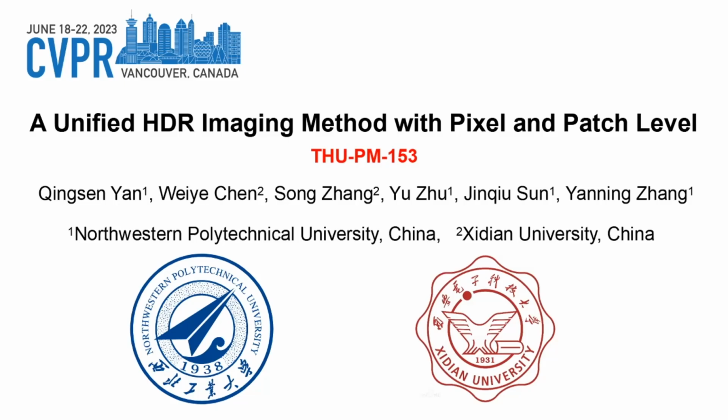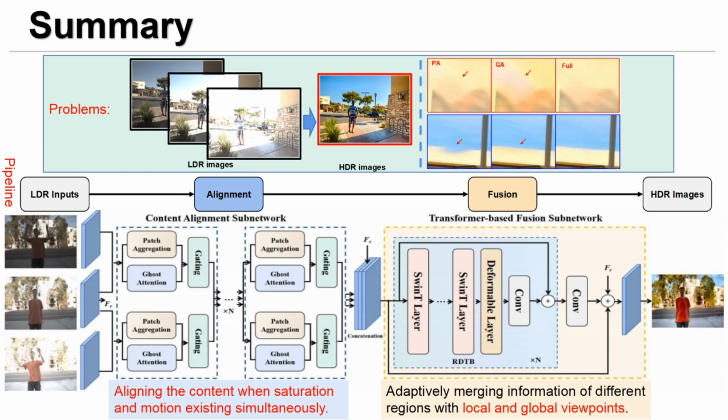Hello, everyone. This is our CVPR work, a unified HDR imaging method with pixel and patch level. Recovering a high dynamic range image from a series of low dynamic range images with large foreground motions and saturation